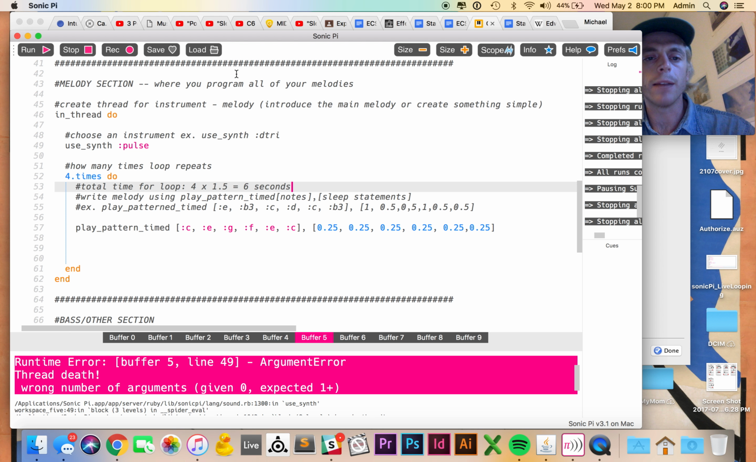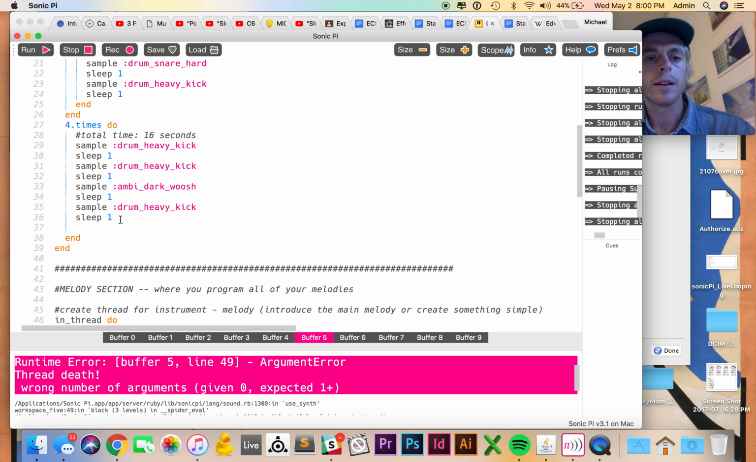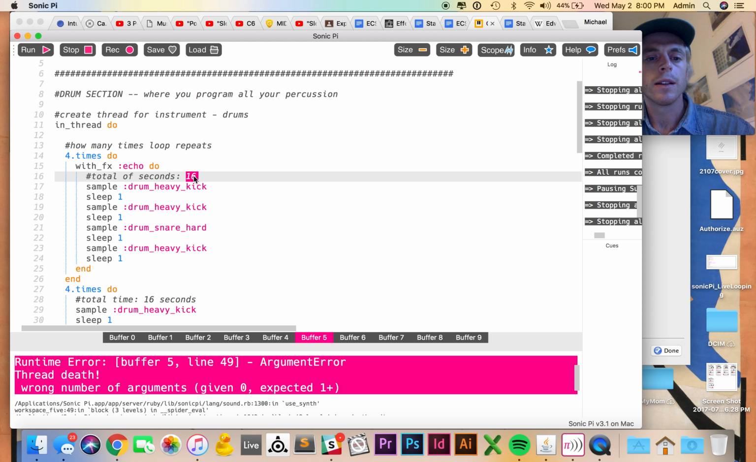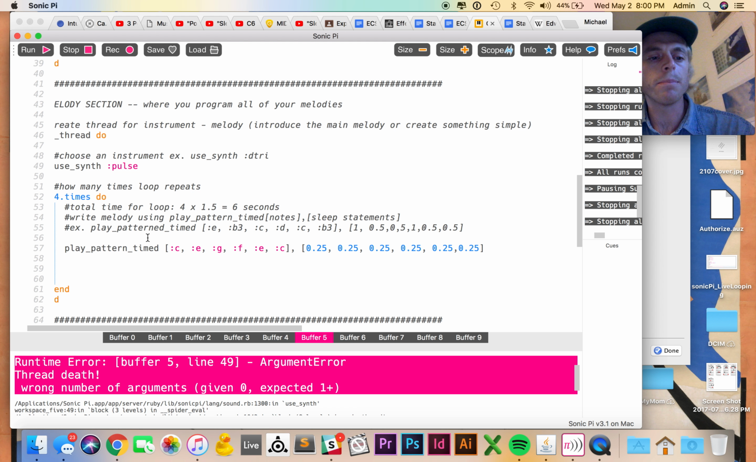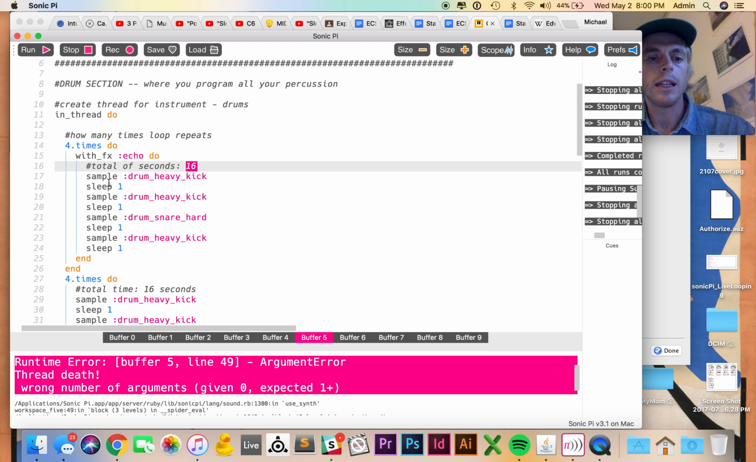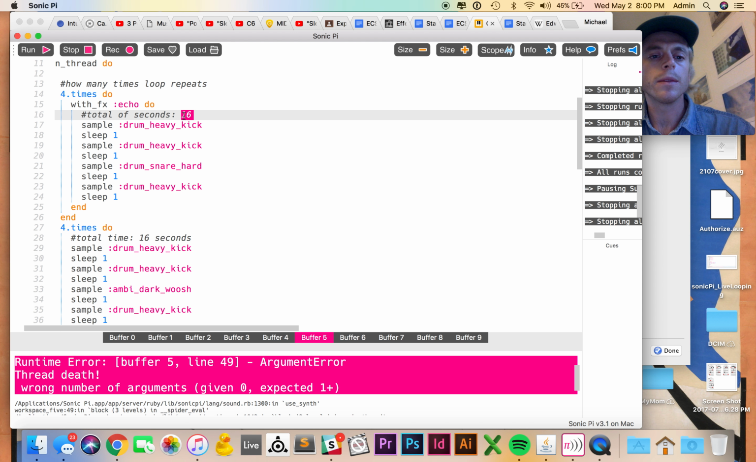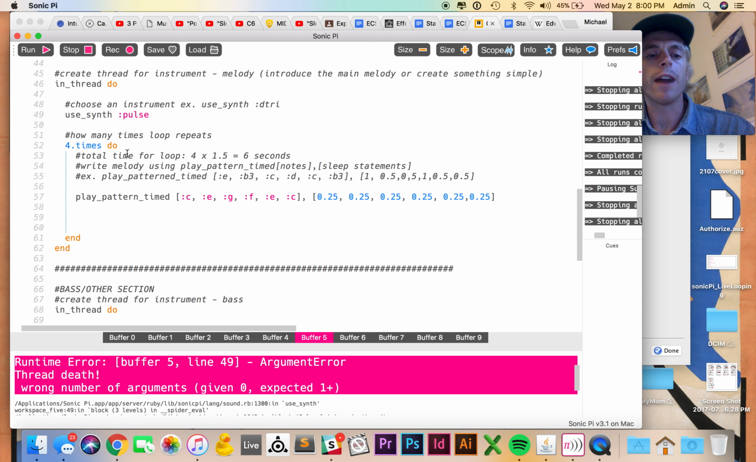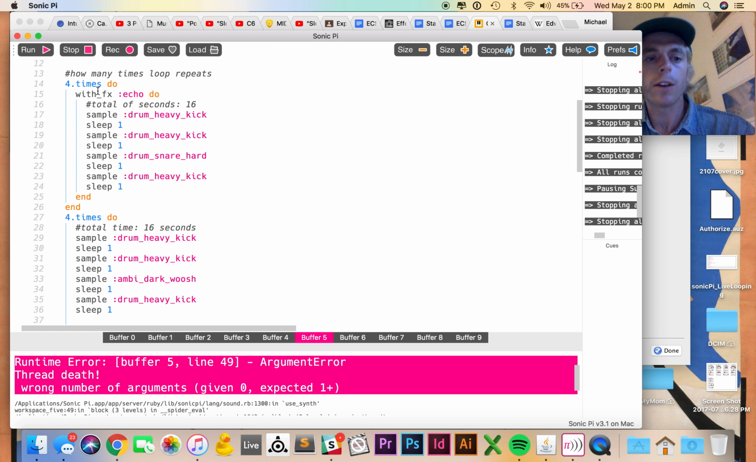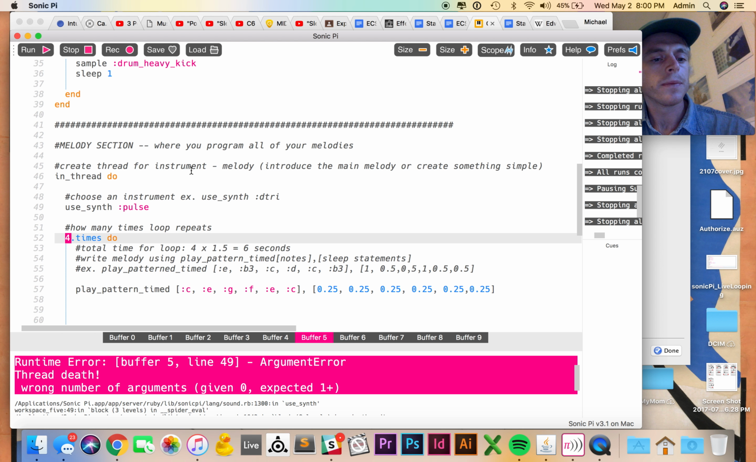So one thing I want to point out before I hit the play button is that if this loop takes 6 seconds to play, and my first loop takes 16 seconds to play, my melody is going to stop before the drums stop, even before the first loop of the drums stops. So you're going to need to do some math and figure out when certain loops are going to fit into other loops. And if I want this loop to play for the same amount of time as my first drum section, well, I need to make this loop